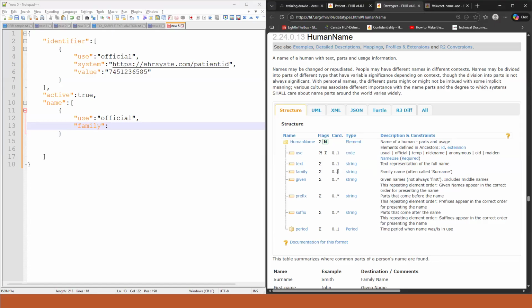So cardinality is 0 to 1, which means it's a non-repeatable element. So we don't need an array here. Then we will take a look at the data type. Data type is string. If the data type is string, it is a primitive data type, which means a single value which you can assign directly. So here I can say that this is my family name,